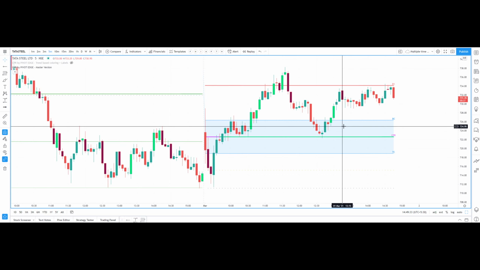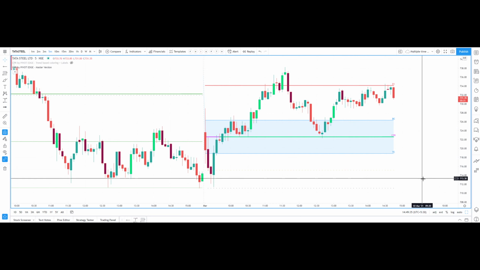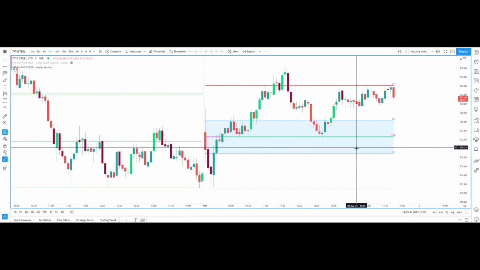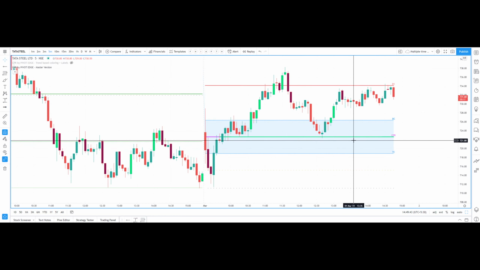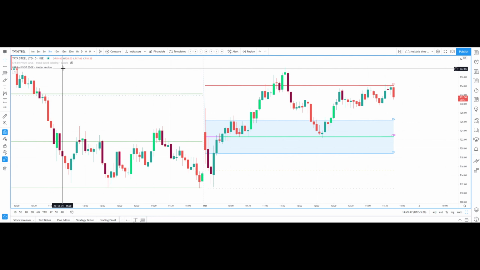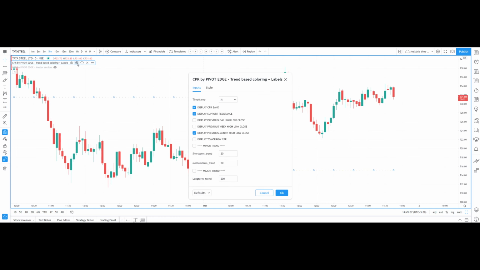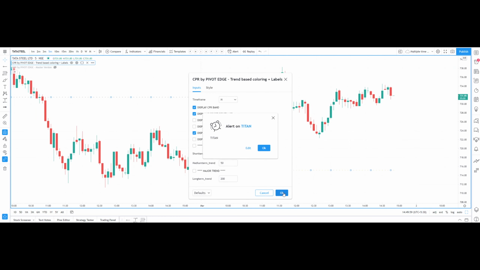In the CPR concept there are many detailed topics like pivot trend analysis and pivot width analysis. For example, the width of this CPR gives you some meaning, and the 2-day value, for 2 consecutive days, what is the relation, what is the signal it is giving. So all these things, it is actually a detailed topic.